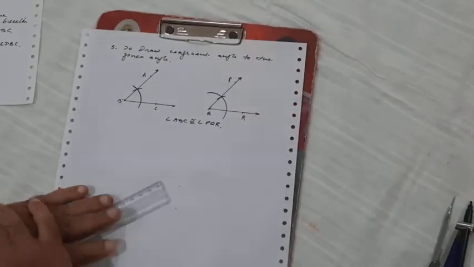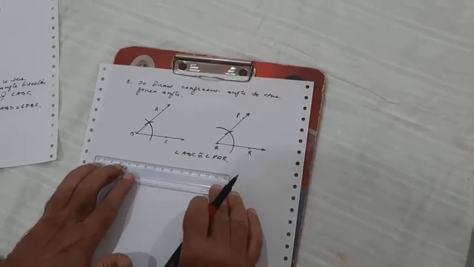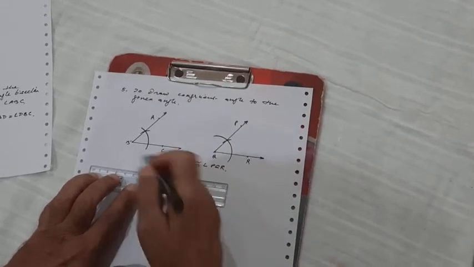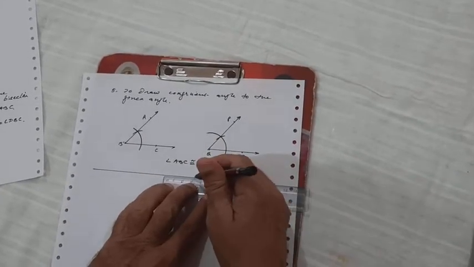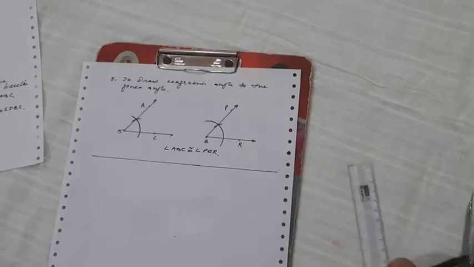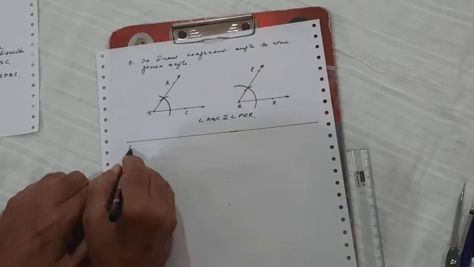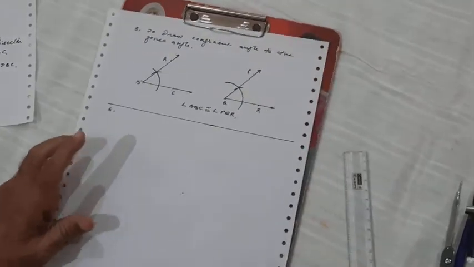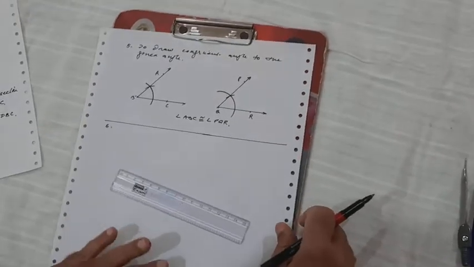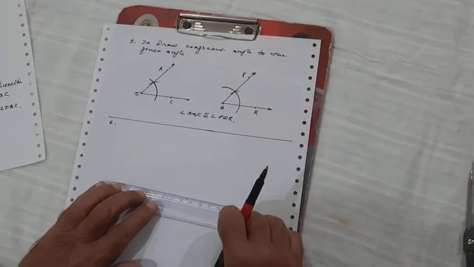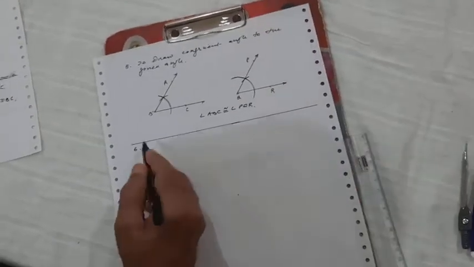Hope that you must have understood. Now we'll use this construction to draw a parallel line. This is the last construction of today. These constructions are very useful for the main line constructions that I will send in the video tomorrow. Every day now one lesson will be there. So practice at home. If any difficulties are there, you can call me. Right? Now let us do the last construction.